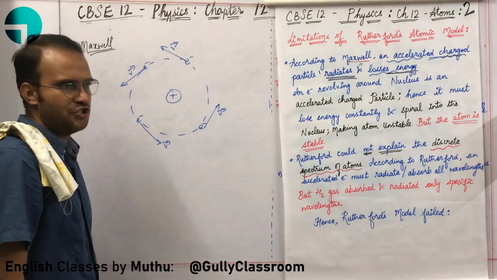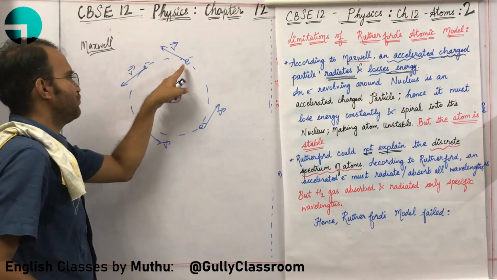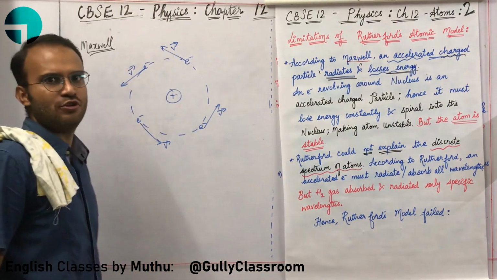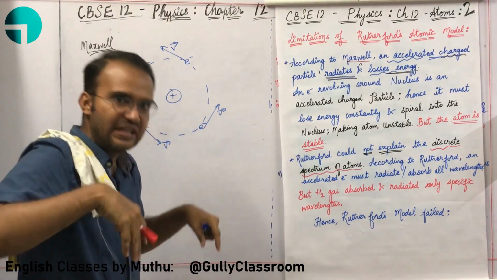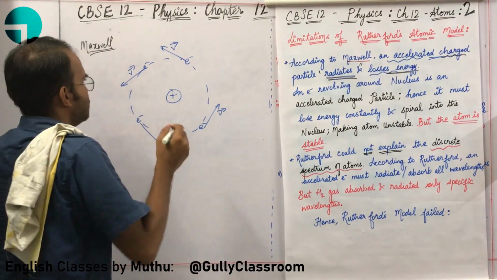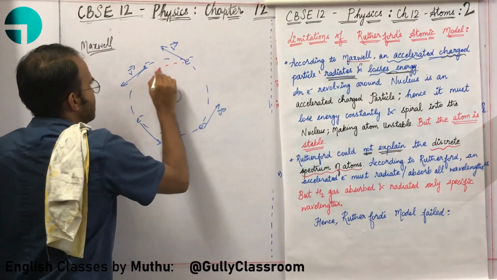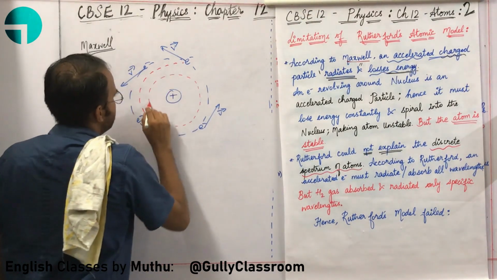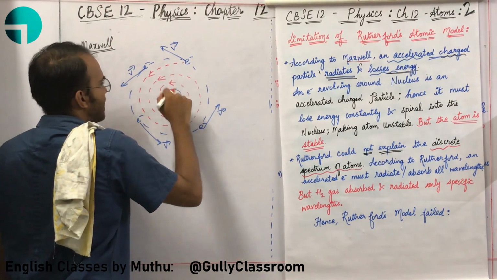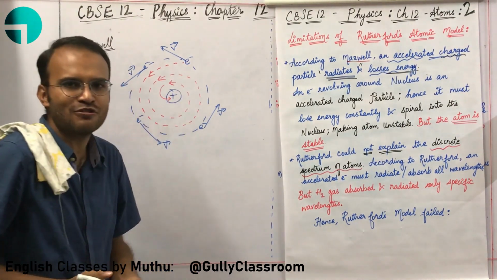Because it is losing energy, it is slowly spiraling into the nucleus. Sir, give me a better explanation. If this electron has more energy, it will go around the nucleus. It will not be attracted towards the nucleus. It will simply go around the nucleus. But because this electron is losing energy, because it is an accelerated charged particle, it is slowly pulled by the nucleus. The nucleus is pulling the electron because it is losing energy, and this electron is spiraling inside the nucleus. This electron will slowly spiral and collapse into the nucleus. The atom will become unstable because the electron has just collapsed into the nucleus.